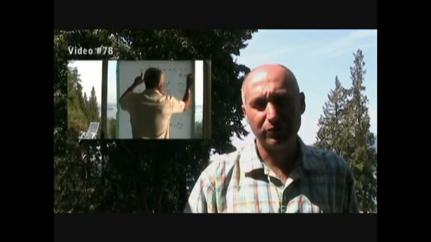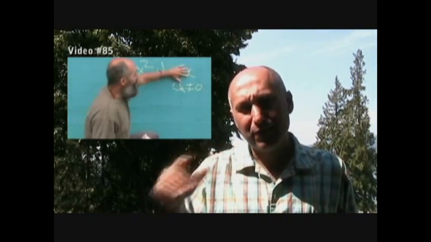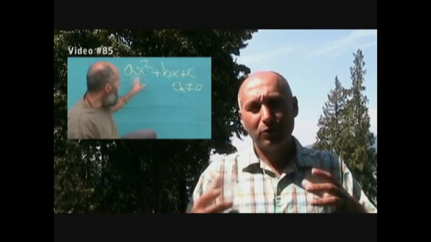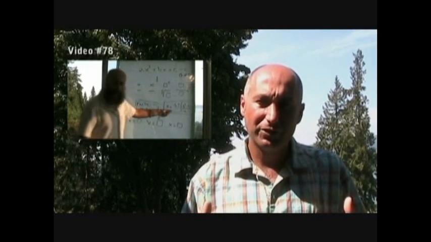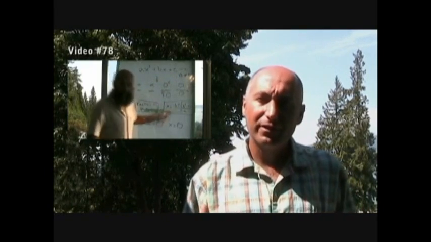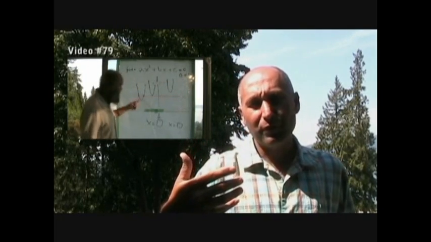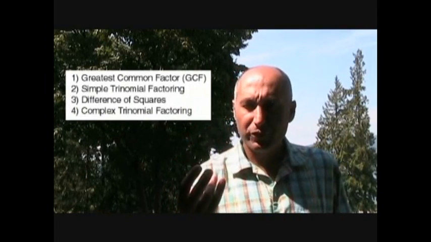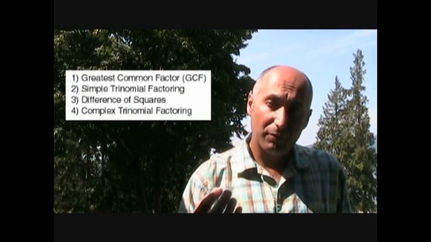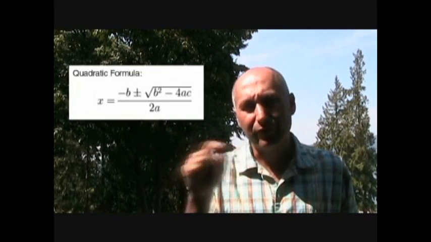From there, we kicked it into quadratic functions, quadratic equations, which are basically anything in the form of ax squared plus bx plus c. And these are just polynomials. Quadratic equations are polynomials of degree 2. To solve quadratic equations, we talked about the different factoring techniques, which are basically 4 manual and 1 using a formula. The 4 manual are the greatest common factor, GCF, simple trinomial factoring, the difference of squares, and complex trinomial factoring. And the 5th one, which we use a formula for when we can't easily factor things out, is